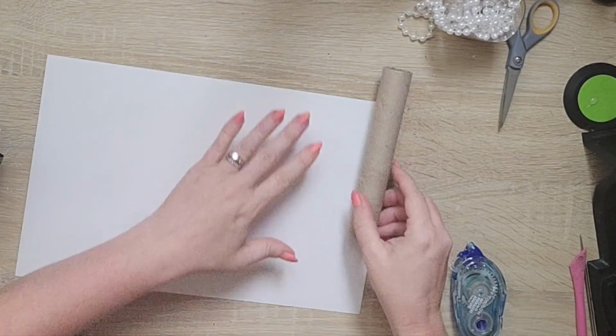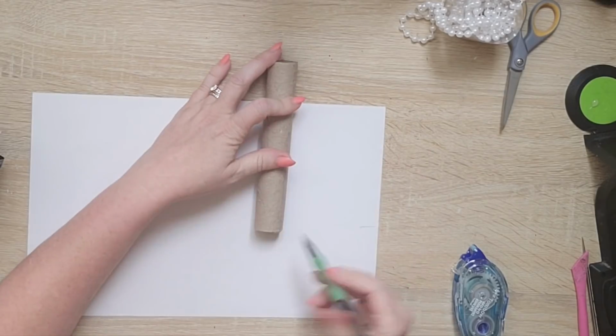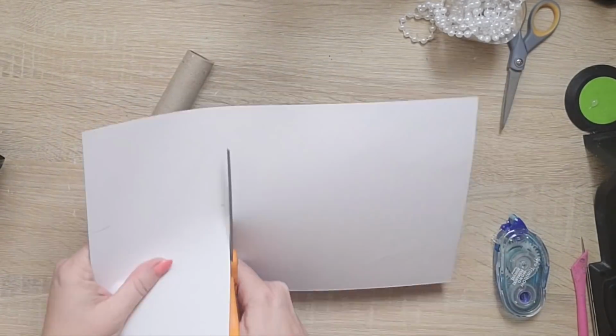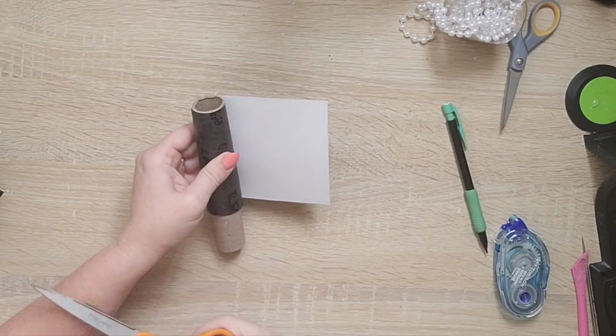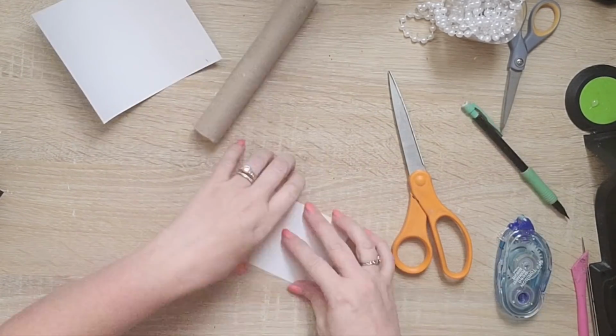For the stem, I'm using this little piece of cardboard that actually comes out from the tool that you buy at Dollar Tree when you're making wreaths. I totally keep those. And then some more of this black scrapbook paper that I used on the haunted sign, and I'm just going to roll it around the top of this